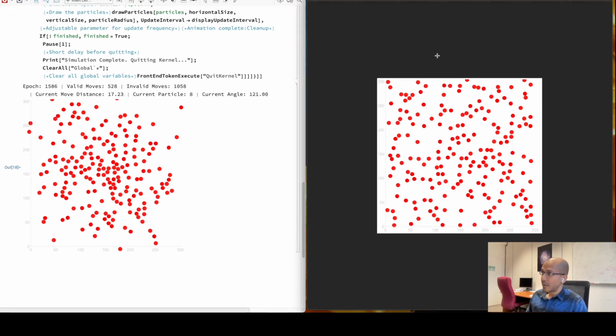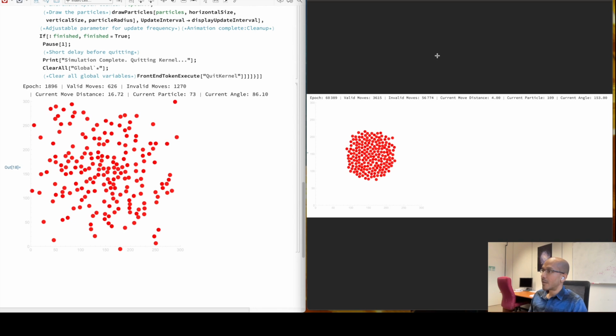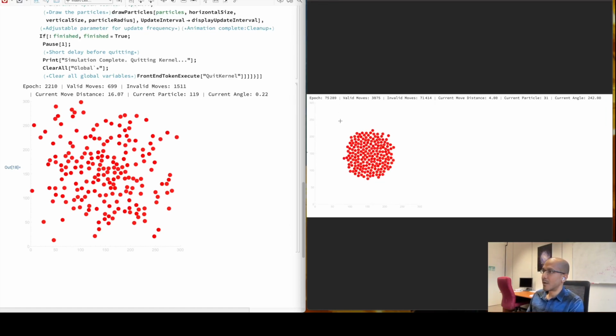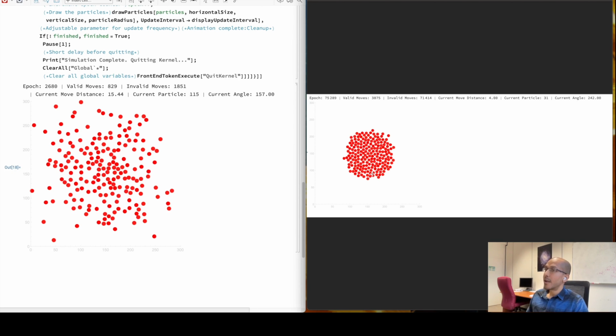But we don't have to wait because I have done this experiment on my own. So we can directly look at the final pattern that might form, and the final pattern looks like so. At epoch number 60,000, it appeared like so. You move further to 71,000 or even 75,000. This time it looks like we are inching closer to a circle. So yeah, it works,